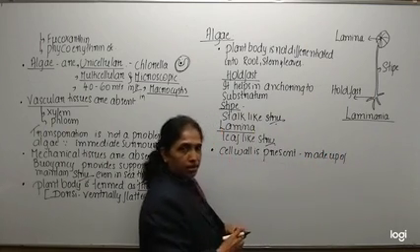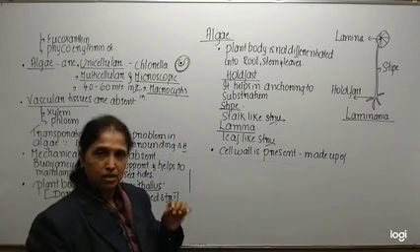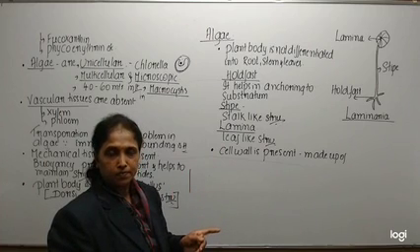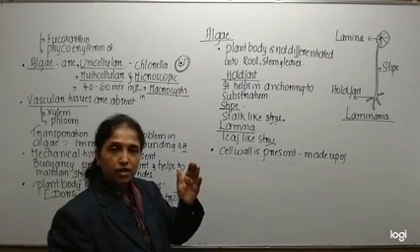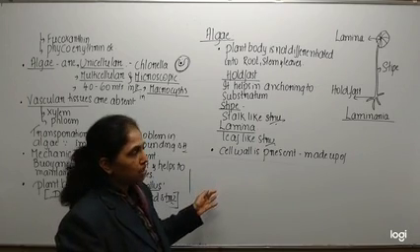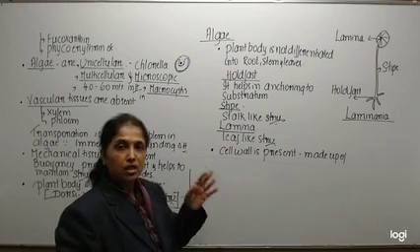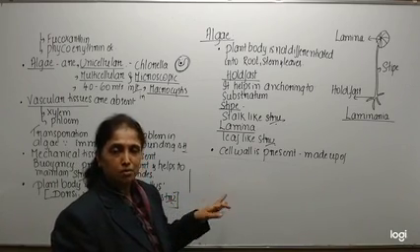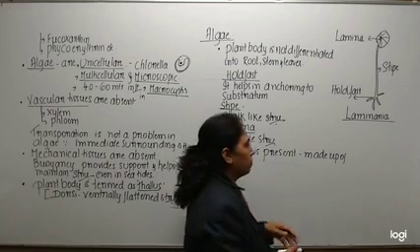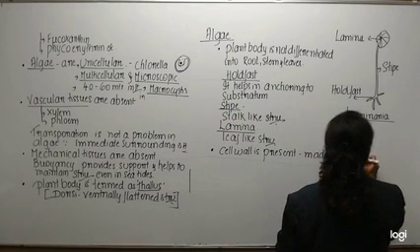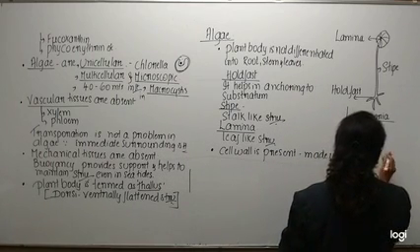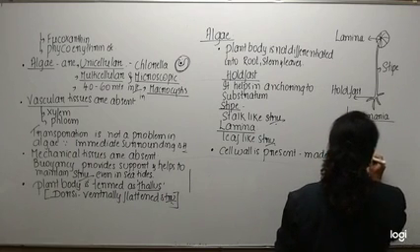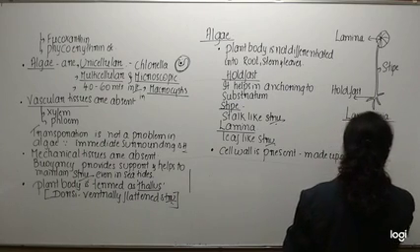because if you remember in kingdom Monera, we mentioned the bacterial cell wall was made up of peptidoglycans. That was an identifying feature of bacteria. Whereas in plants, the cell wall is present, but the main difference is there are no peptidoglycans in the plant cell. It is similar to plant, and this cell wall is made up of cellulose.